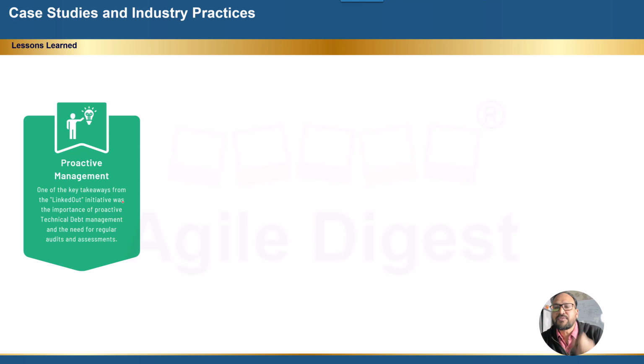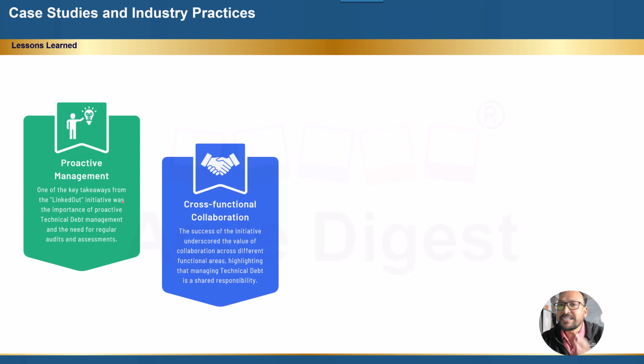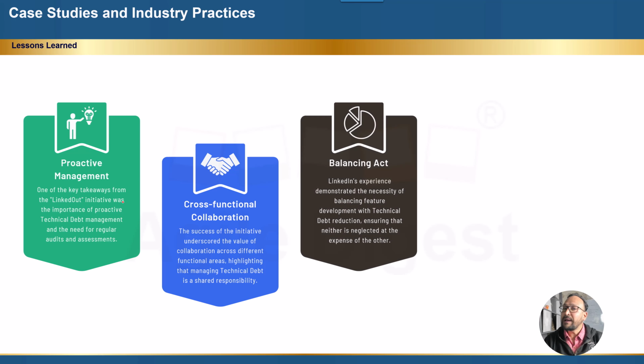Right? So what we learned from this example: proactive management. One of the key takeaways from that LinkedIn initiative was the importance of proactive technical debt management and the need for regular audits and assessments. Cross-functional collaboration: the success of the initiative underscored the value of collaboration across different functional areas, highlighting that managing technical debt is a shared responsibility and a balancing act. Over here, we demonstrate the necessity of balancing feature development with technical debt reduction,